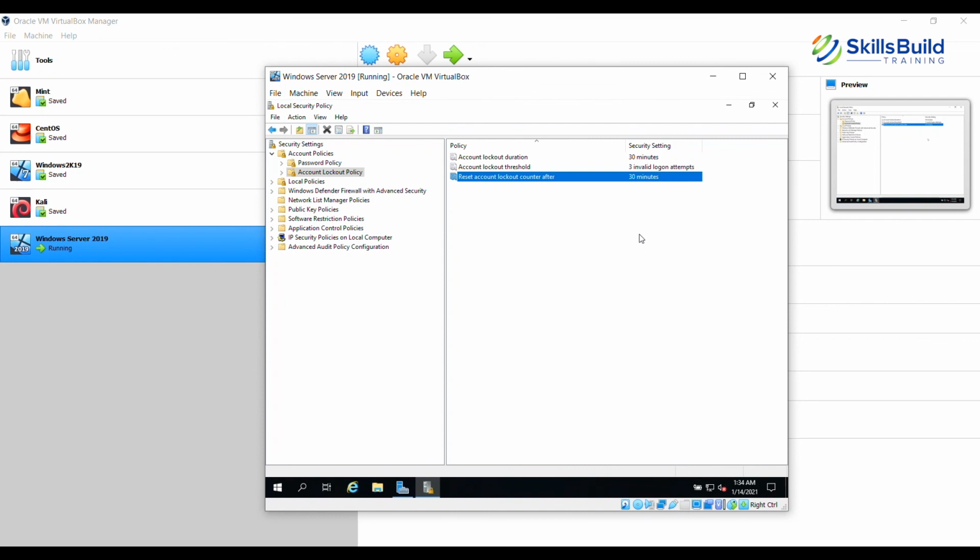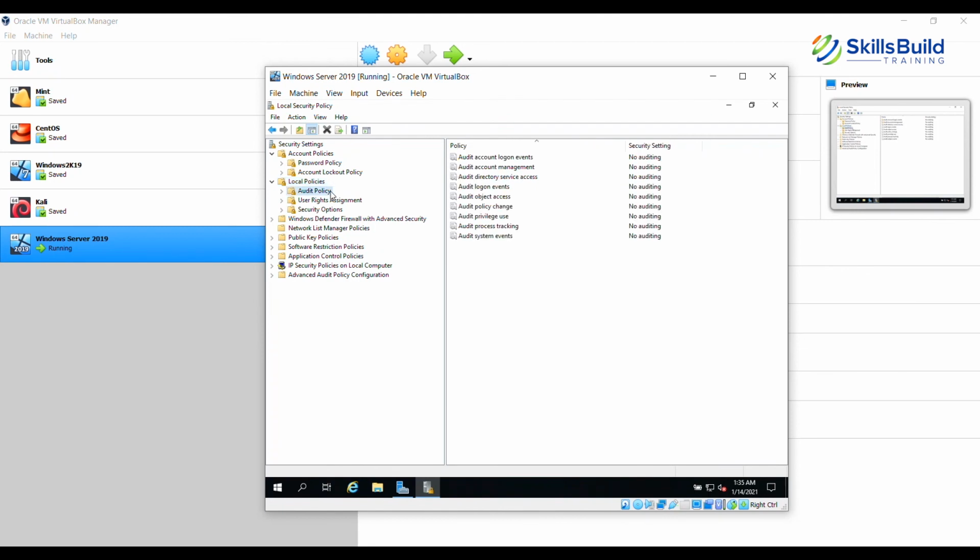Now, on the local system, because we are using the local environment or rather a standalone environment, this is fine. But in a domain environment, this policy gets drilled down to every single system that is part of the domain, and therefore, even if a user himself tries 3 invalid passwords, that account is going to get locked out for 30 minutes. Then either the user waits for 30 minutes or requests the IT administrator to re-enable the account. So these are some of the policies.